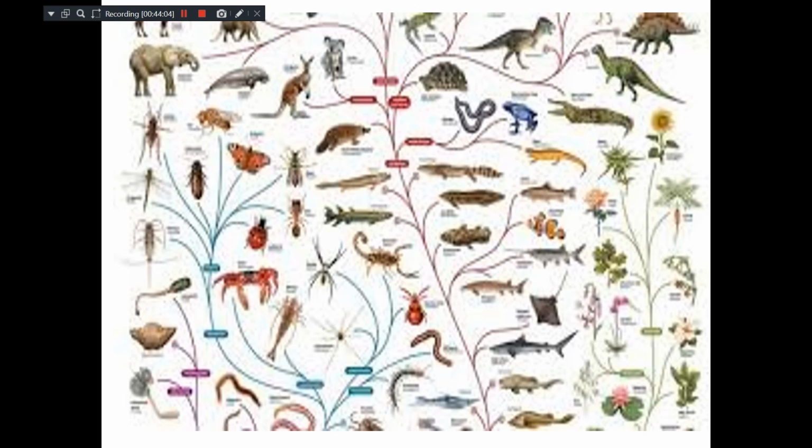Why have the dinosaurs become extinct? You may give 101 reasons, but to put it in one word, you can say that they failed to adapt, or natural selection didn't select them. That's one word.